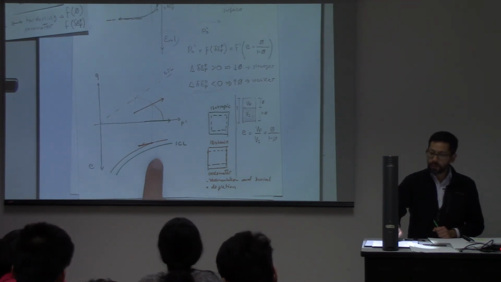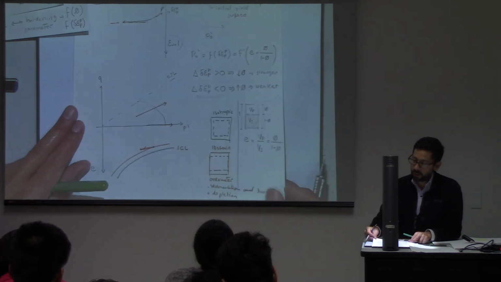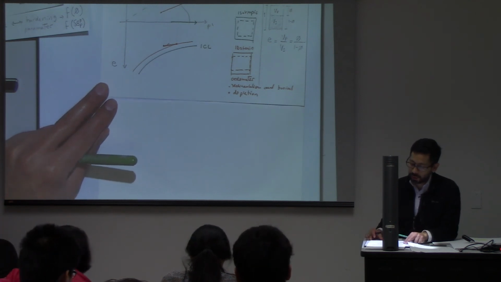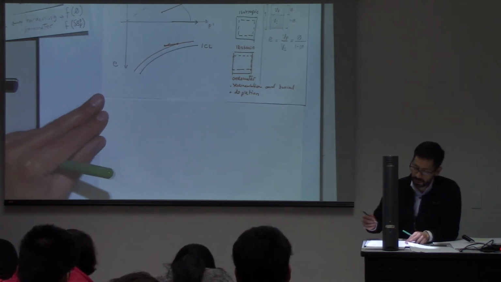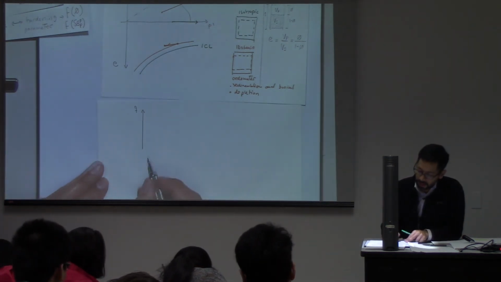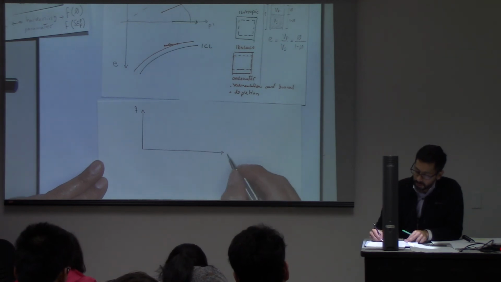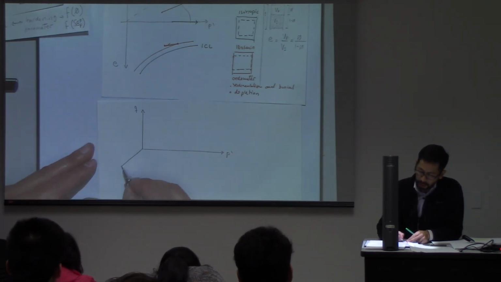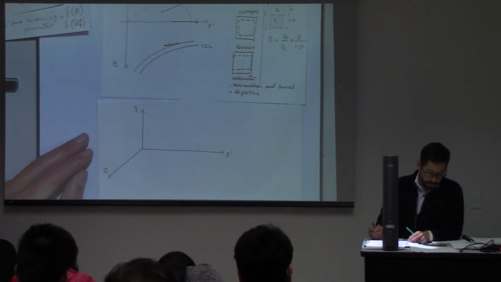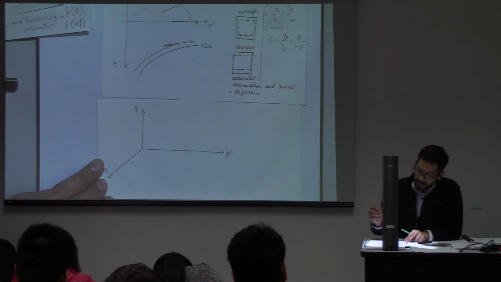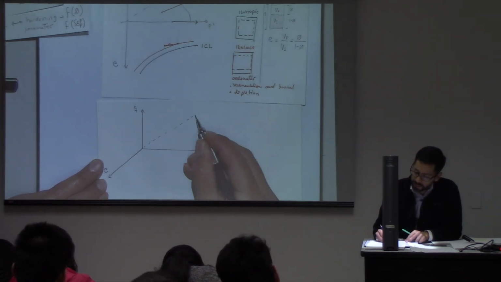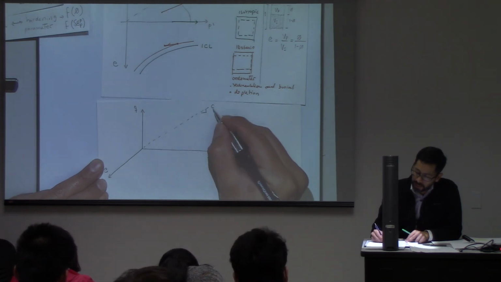But let's try to put now this into a 3D model, okay? And that is going to help you conceptualize much, much better the relationship between the yield surface and porosity. So we're going to put this axis Q over here, P prime over here, and void ratio or porosity in this plot. For a given condition, we know that we're going to have this critical state line,